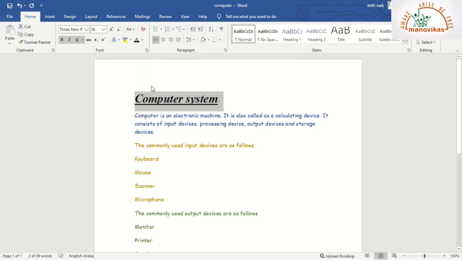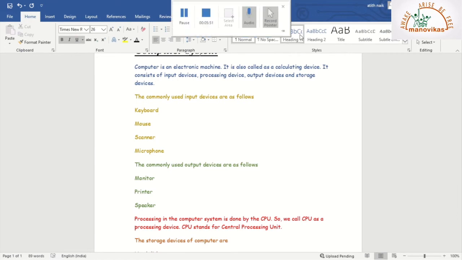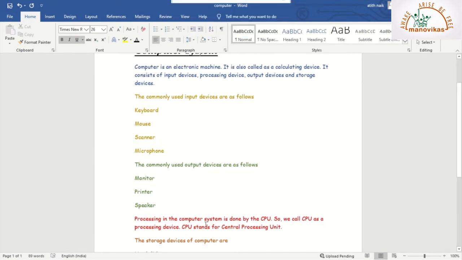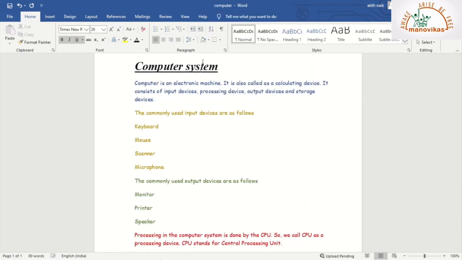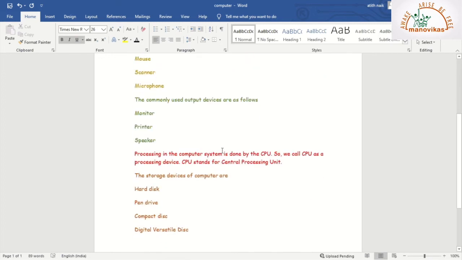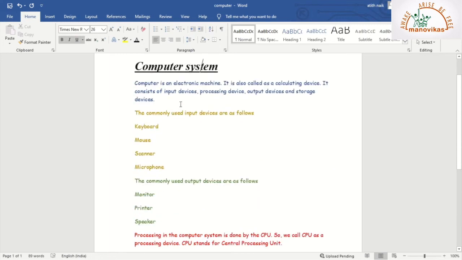I'll make this black. So we have different colors in a document. This was about the font color.